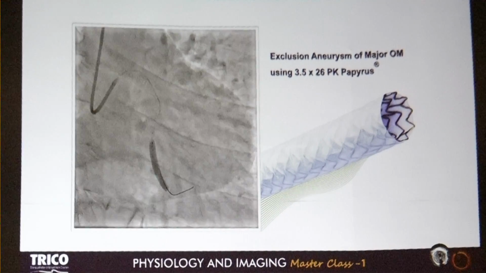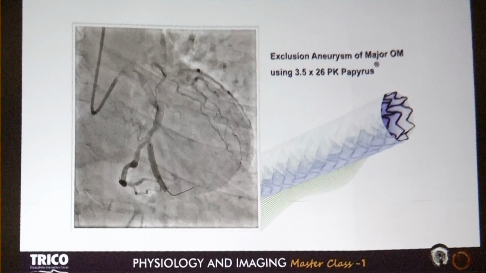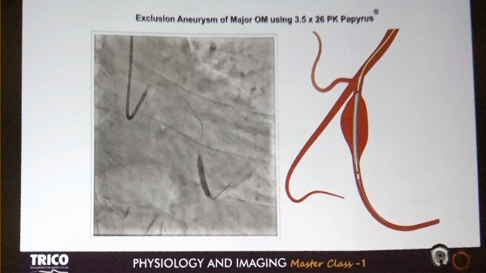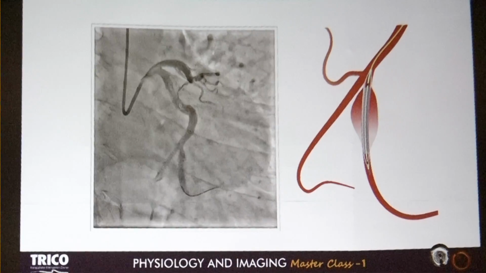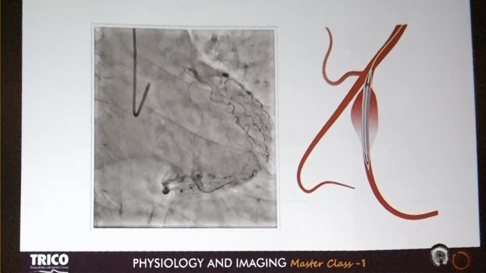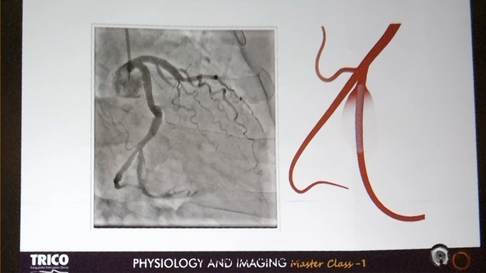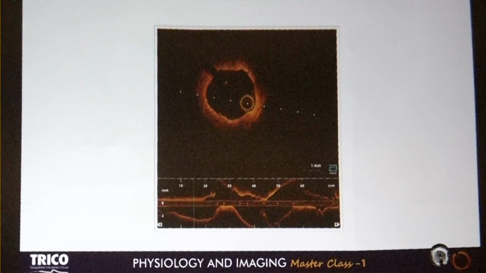We made sure that we don't exclude the circumflex and deploy the Papyrus just beyond the origin of obtuse marginal. But in that case, there was a little bit of rent which was left there, and you can see some oozing going on in the aneurysm at that point of time. We took the patient again on table. This was in another view. You can see. Next day we evaluated with OCT,